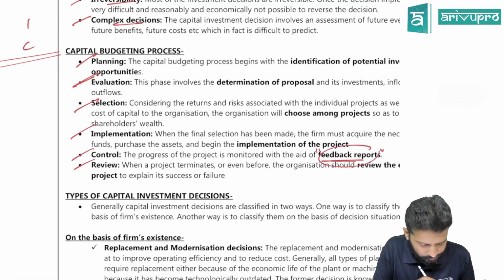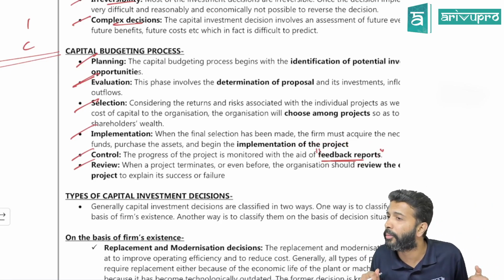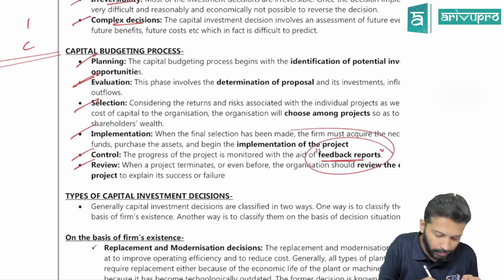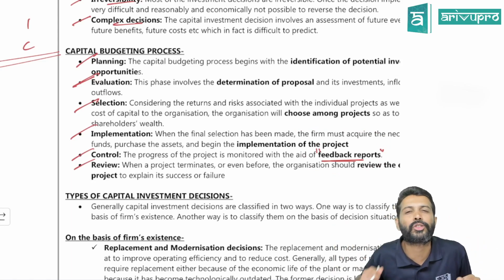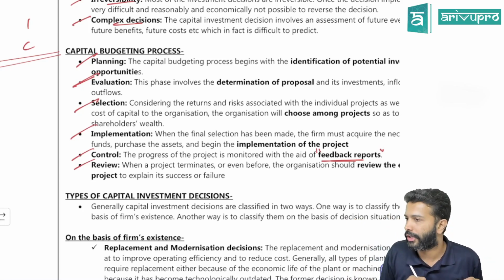One of the reasons was feedback. Basically, you'll be able to improve your process through the feedback that you'll get from your customers or your target audience. Yes, this is what happens in your capital budgeting process also. Continuously monitor your action because there will always be scope for improvements. Is it okay? That is your control stage.